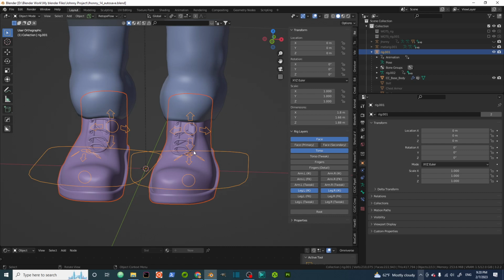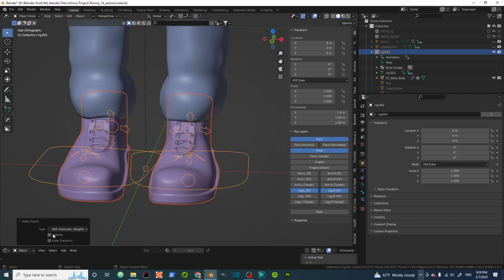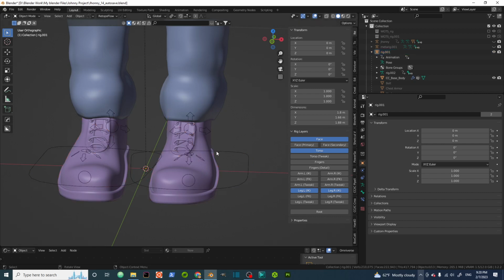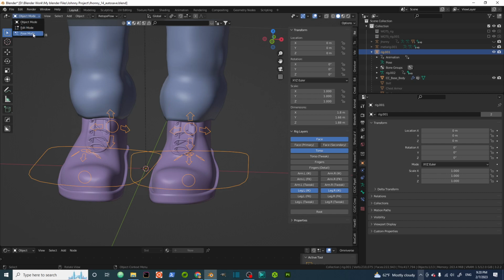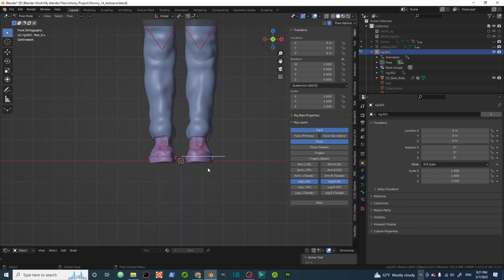And in the best cases, if the weight parenting did all the things that it's expected, then we will see how the results when we move the rig will become. So Control P, parent with automatic weights, and we have X mirror and there's no error message here, but let's see the final result how it comes. So let's go to the pose mode and we grab the leg here, and if I move it now,